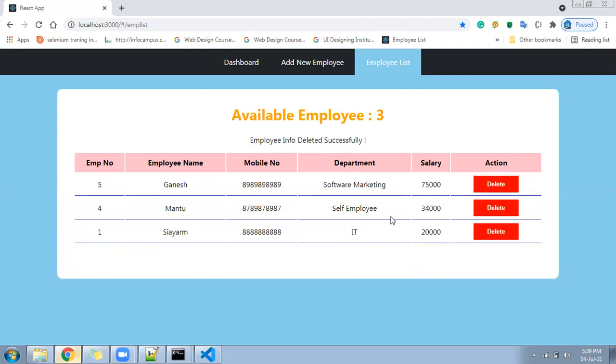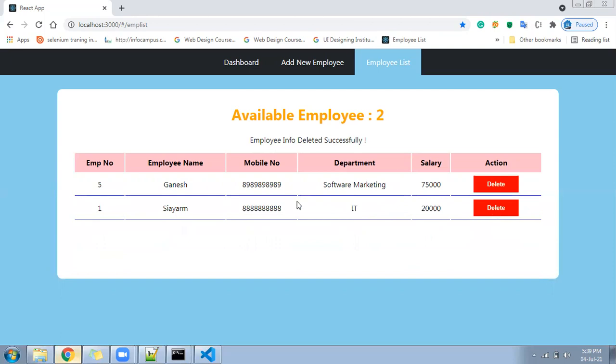Now, here what should happen, as soon as I click on delete, delete is happening, that is a fact, that we are going to see. But we need to implement one scenario also. As soon as you click on delete, it should ask, are you sure? If you say okay, then only it should delete. It should not delete blindly. So we are going to implement everything one by one.